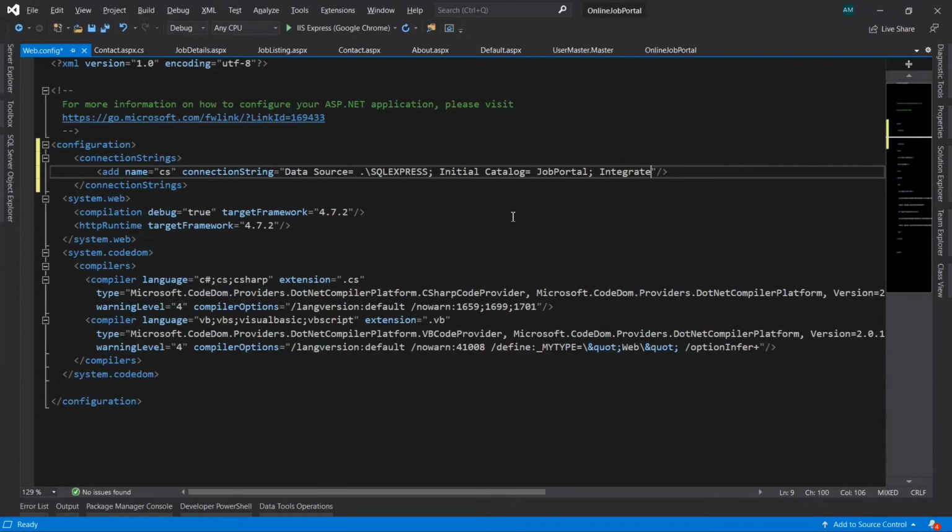Integrated security is equals to true, semicolon. After that, here we need to provide the provider name, that is